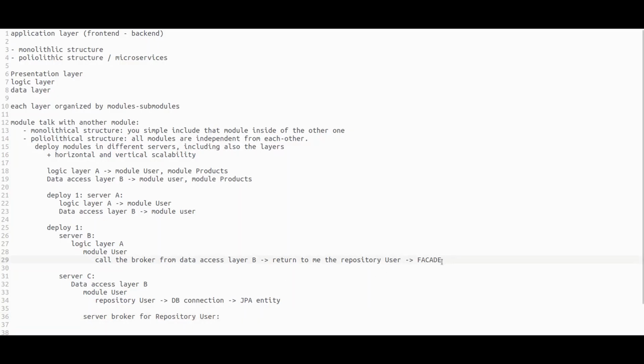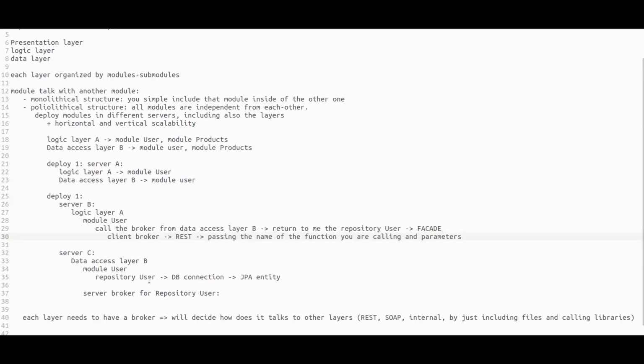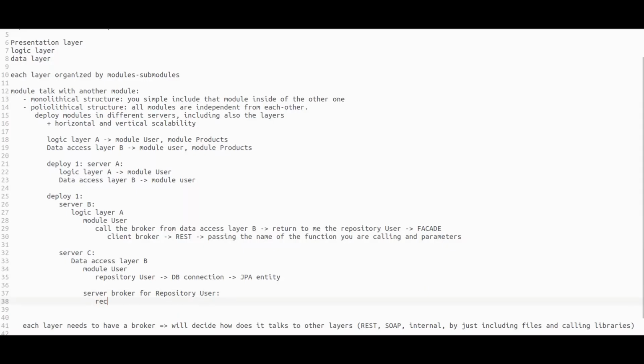So in here what you're gonna have, basically this is the client broker. It will connect through REST, passing the name of the function you are calling and the parameters. And in here you have the server broker for the repository user that receives the function name and parameters, and then calls the real repository user from here,